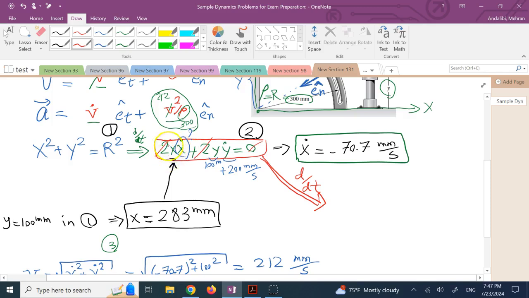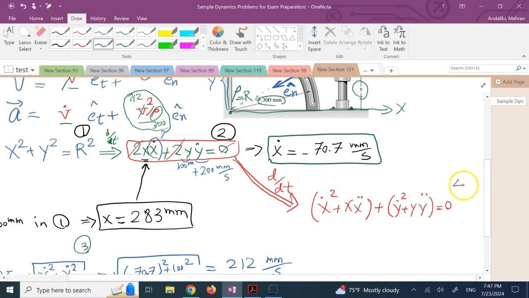Derivative of x time derivative is x dot times x dot. You get x dot squared. And then plus x times derivative of x dot, which is x double dot. So that's the first term. And then plus the second term, which is very similar, equals 0. So that is going to be y dot squared plus y double dot. And now in this relation 4, everything is known except for x double dot. Everything else is known. So if you plug in the numbers here, knowing that also y double dot is 0,